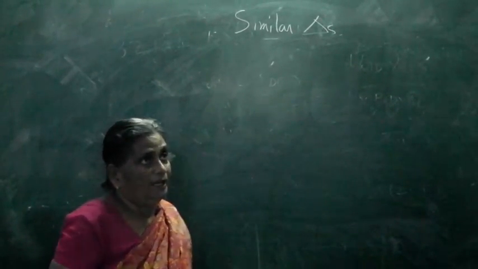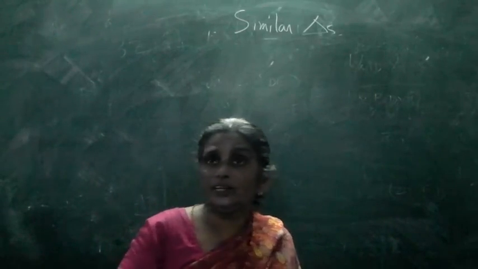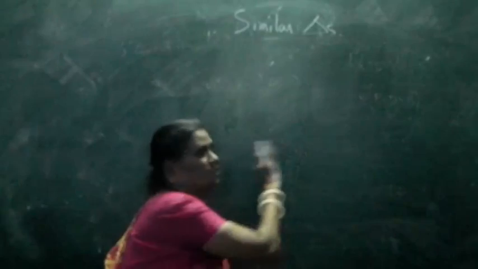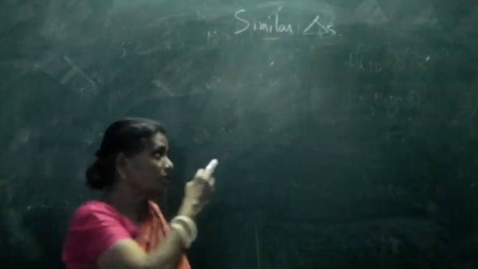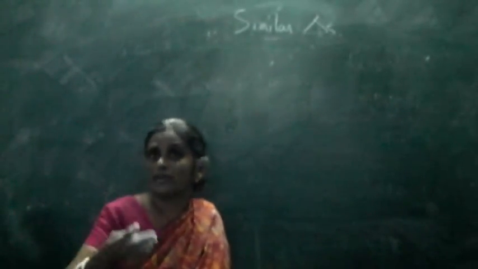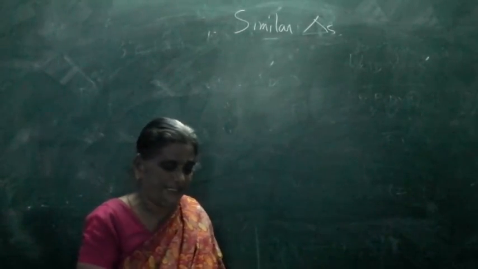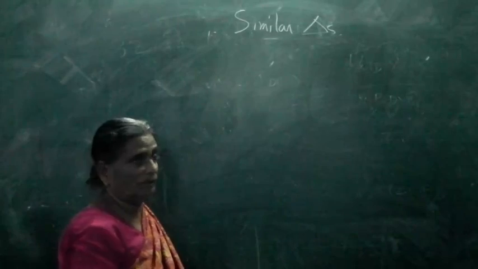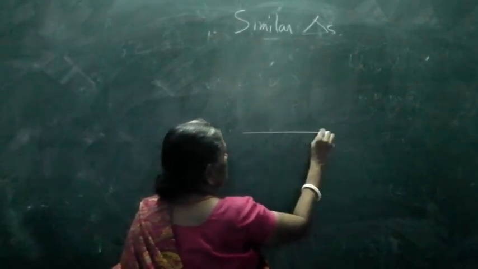Since you are in 10th level, the Thales theorem is a frequently asked theorem. Based on this, you will be getting some problem riders. We will do one rider. For example, the rider states, in a trapezium,